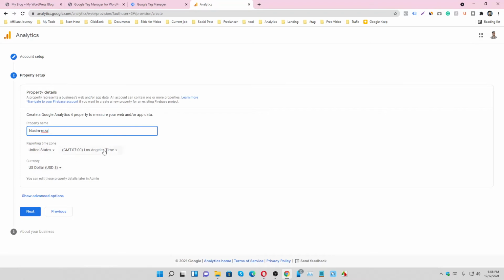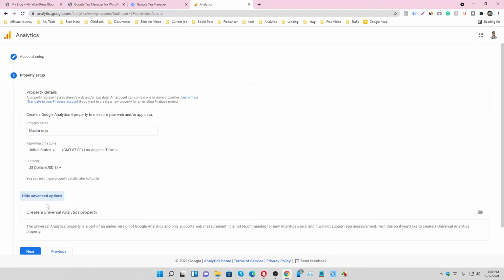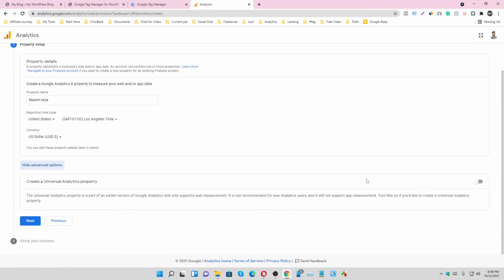I don't want to change anything, so you can also see the show advanced options. If you want to also install Google Universal Analytics or Google Analytics 3, the old version of Google Analytics, you can enable this button, but I don't want to enable this old version of Google Analytics.